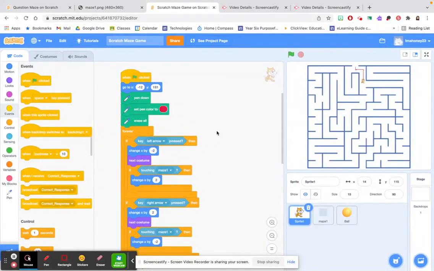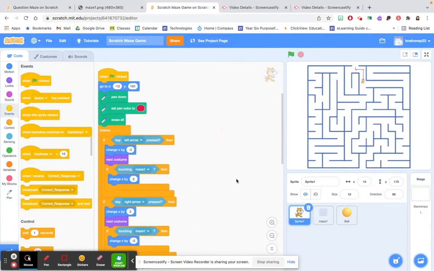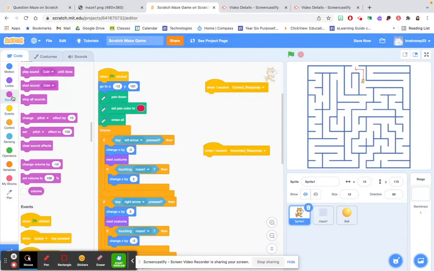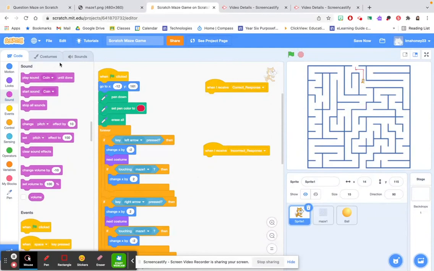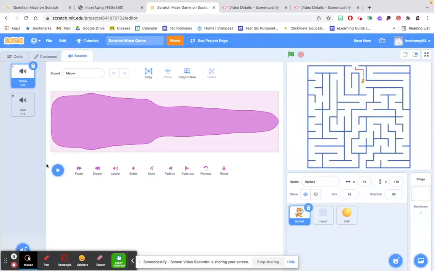So I'm just going to scroll back to the top because I like to try and keep my code nice and tidy, and I'll just build it to the side here. So I'm going to get my 2 hat blocks, one for correct response and one for incorrect response, and I'm going to set up my positive and negative consequences. So I love to start with a sound, and I'm going to head to my sound library,